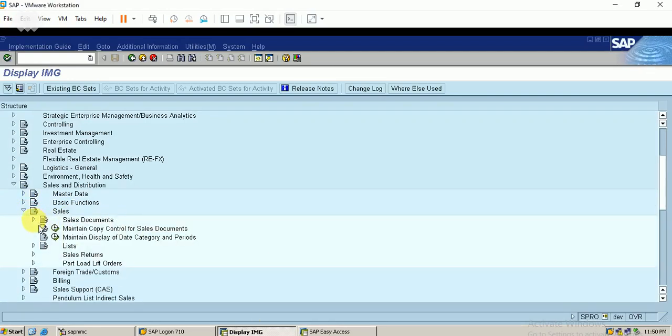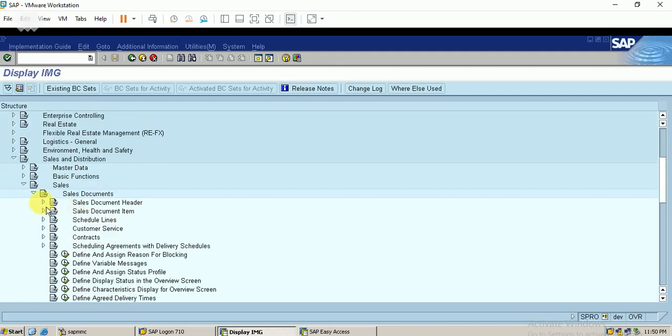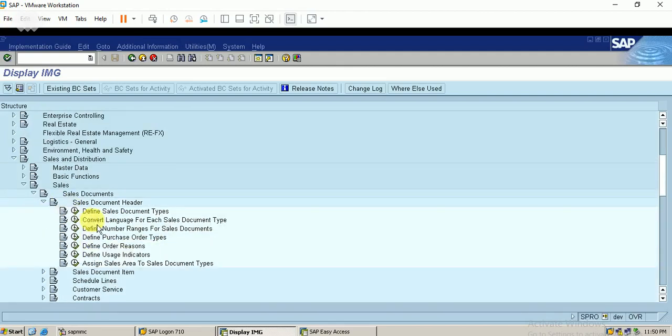In the sales document, you can find the sales document header, define sales document types, and in this area we have configured the sales order document type. In the same place, we are now going to configure the inquiry document type and the quotation document type.